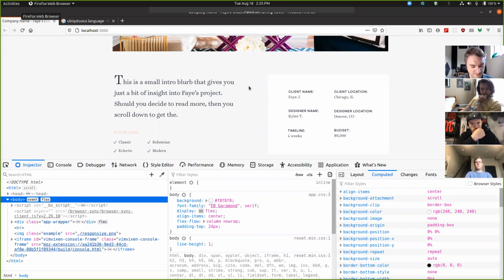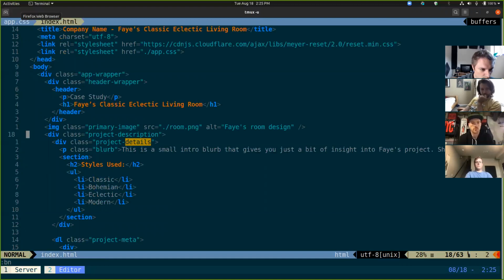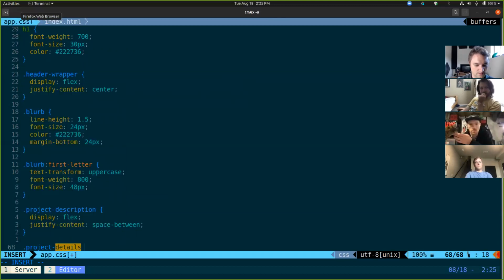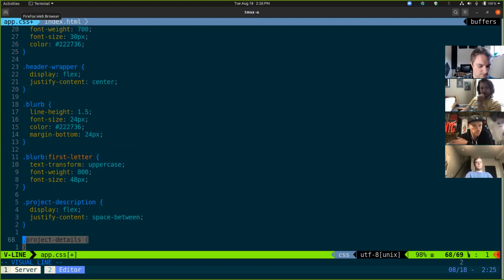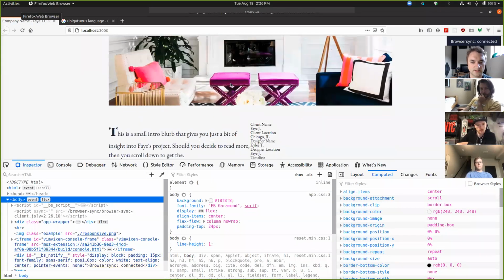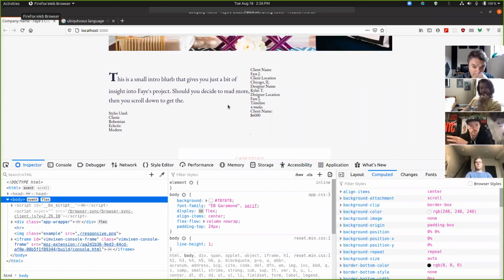So if I want to force those to be the same size, then what you do is you take the project details and project meta. Actually, let's make them part of the same selector. And make them both flex 1. That'll make them the same size. There we go. Hey, starting to get somewhere. Okay. So next thing